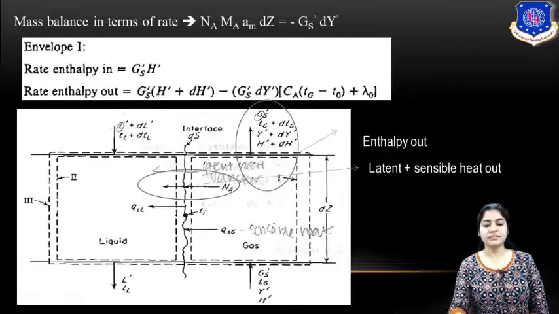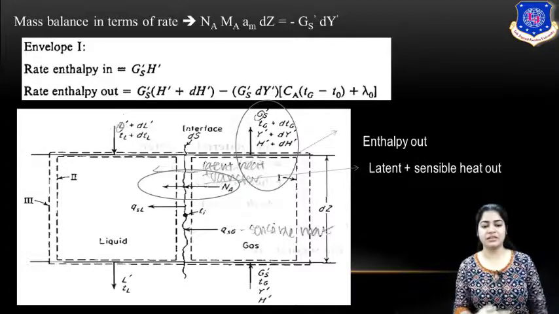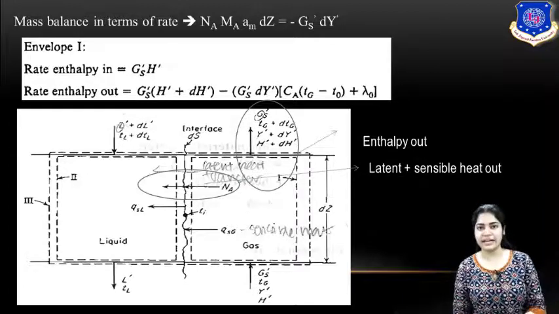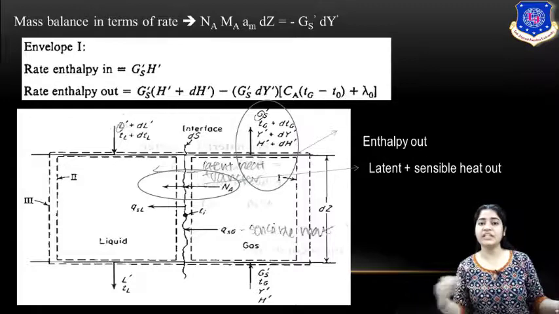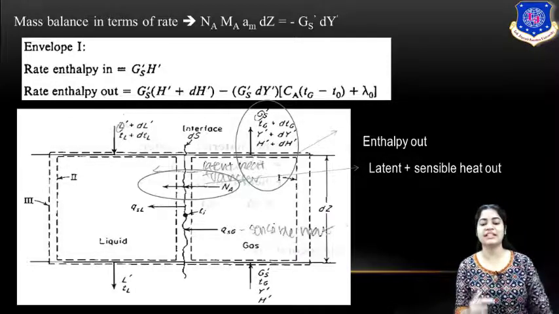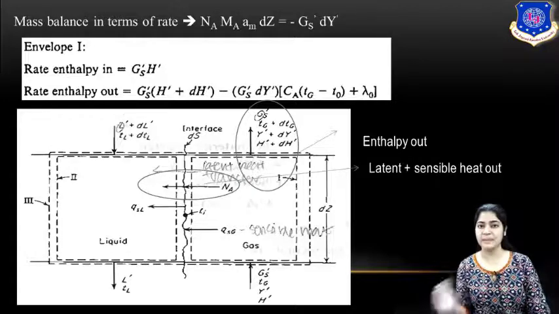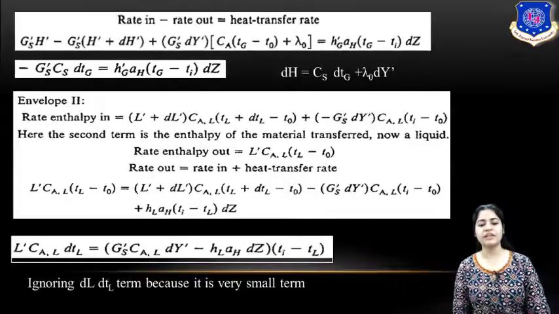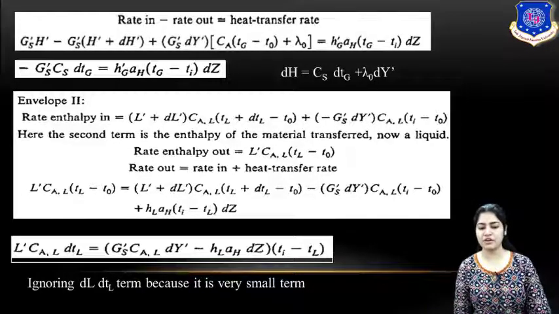Here QSL, that is the heat which is coming in. Two are in the inlet: one is the enthalpy which is coming from the top, and one is the enthalpy which is associated with heat transfer from gas to liquid. From the interface, QSL is the enthalpy which is coming into the envelope tube, and the outlet is the enthalpy associated with your liquid getting out. So substituting the values, you get your final form.